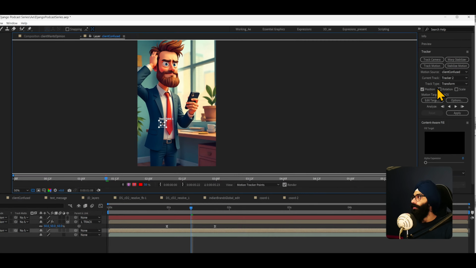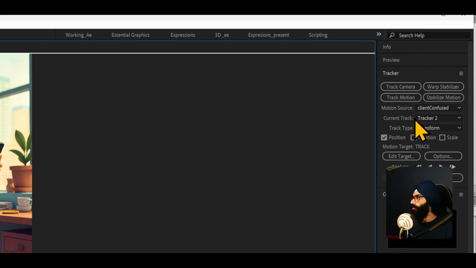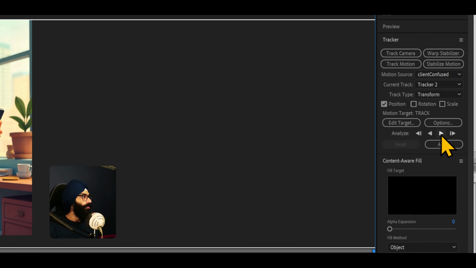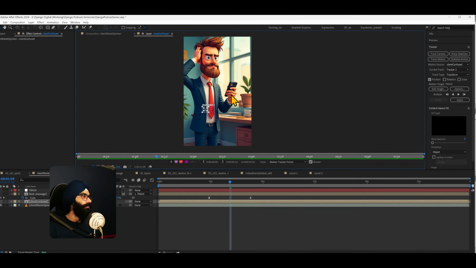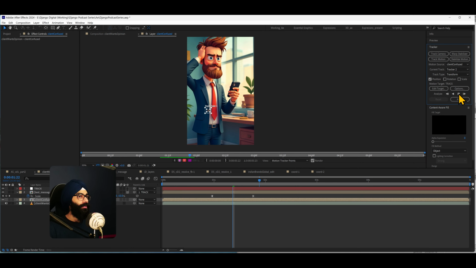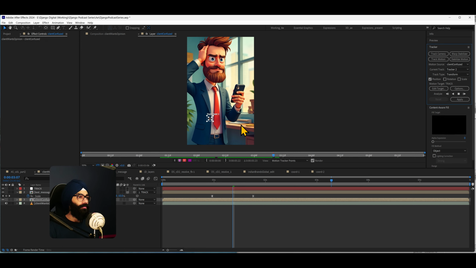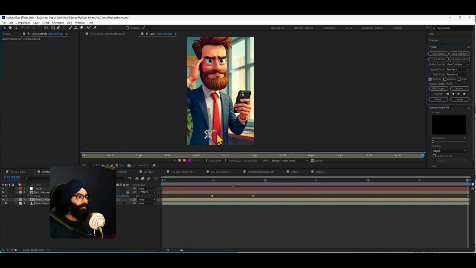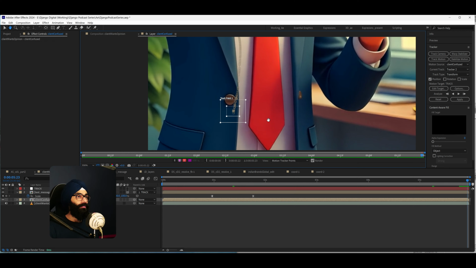Once that is done, you want to come in here and use these to track motion. This is the tracker, you want to select transform because it's just 1 point, and then come back up, come to the side, and then come here. There are these options for analyze forward or analyze 1 frame forward. You can play this so that it will analyze forward, then stop if there are some points that we're losing. We play it forward, and I think it's going to stick on very well throughout. Oh yeah, towards the end we did lose it.